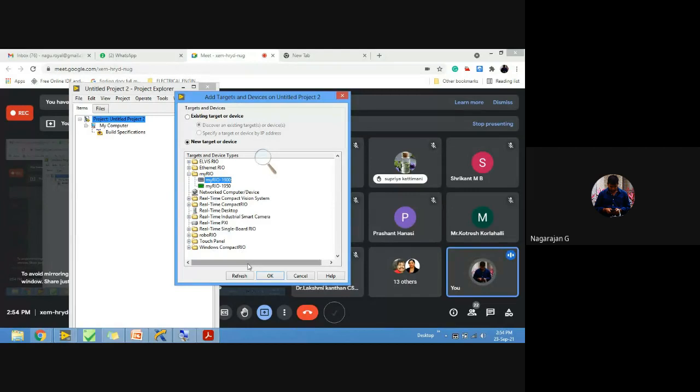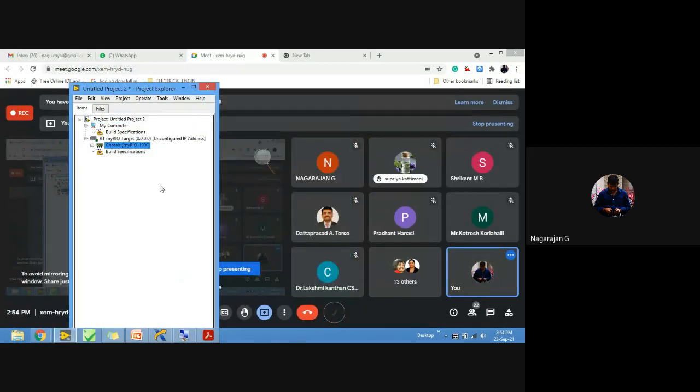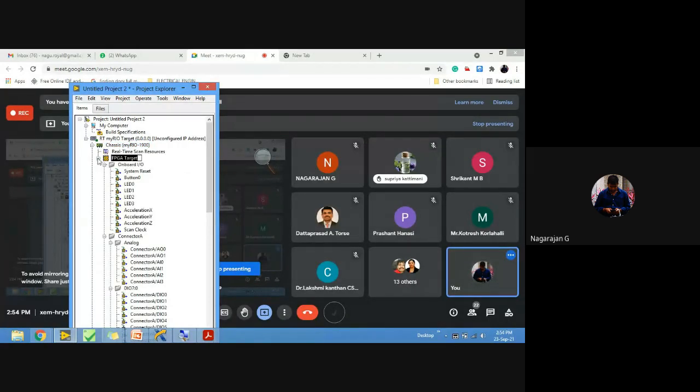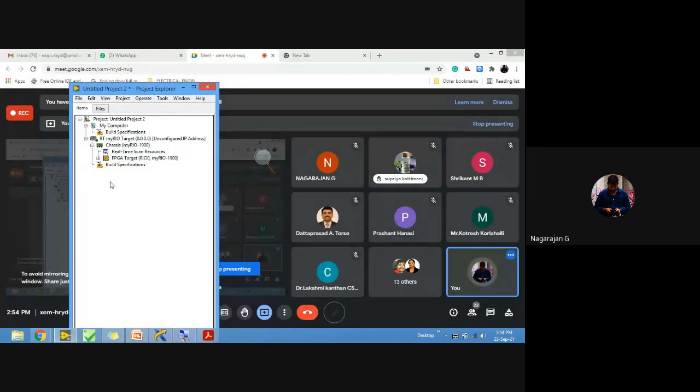I have opened another new project. Yes, okay. Let me next add the FPGA target. So right click, New. You can go for the FPGA target. Yes. So once we add an FPGA target,